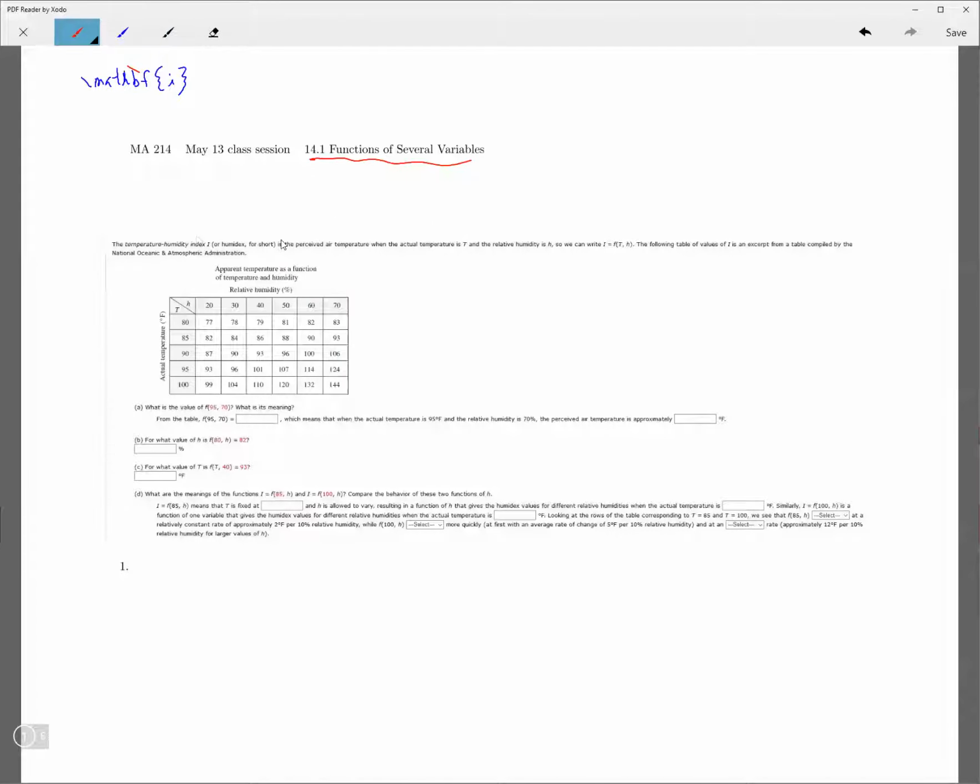Okay, and just as an introduction, here's an example. So this is the function, right? This is exercise number 1. So we have I is equal to f of T, H. So I is the apparent temperature. Okay, so I, in this case, represents the apparent temperature. So what that means is,